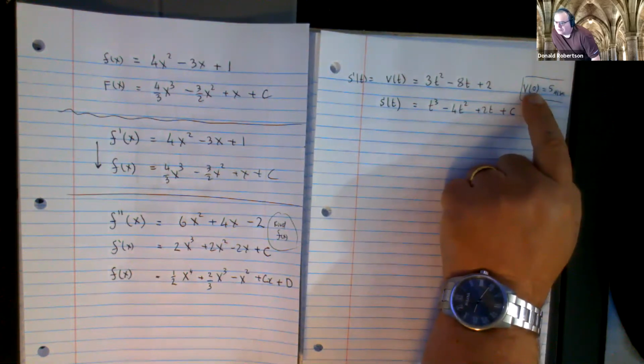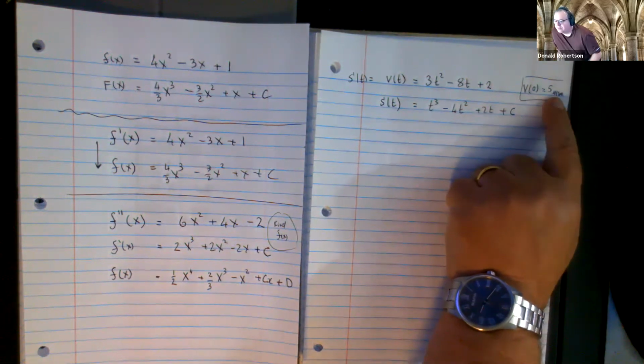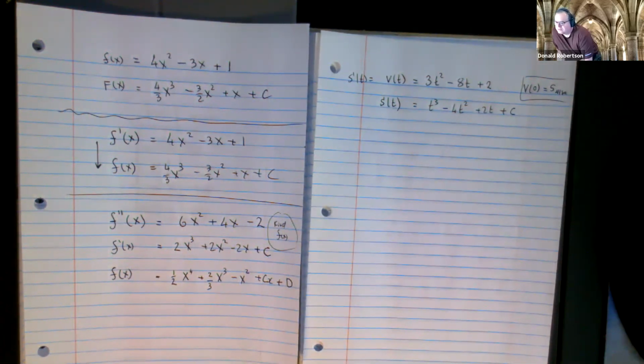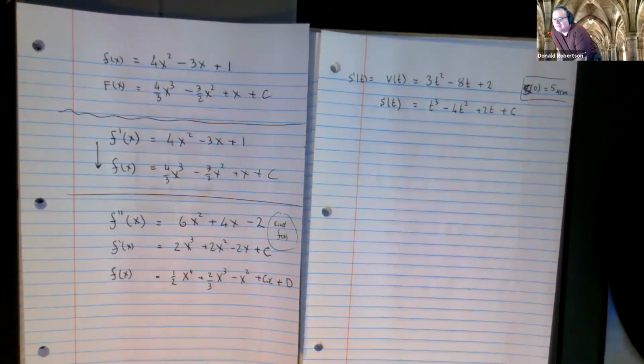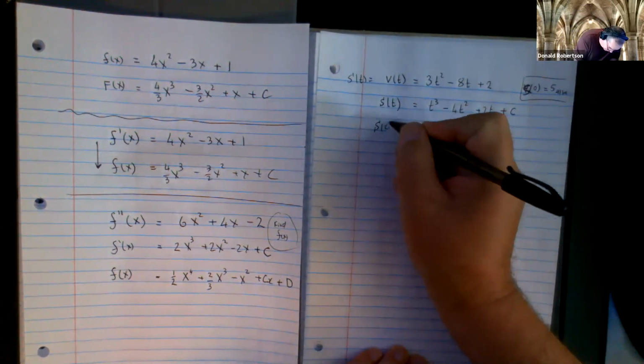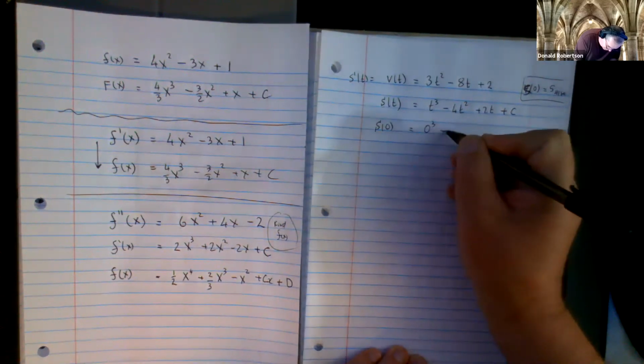Why do you think they told us that the velocity at 0 is 5? What do you think its job is? I think that's supposed to be the position at 0. It is. Oh, God, sorry. Yeah, that might make the question a little bit clearer. S of 0 is 5. What do you think its job is? What's it going to allow us to find? C. So the position at 0 is 0 cubed,